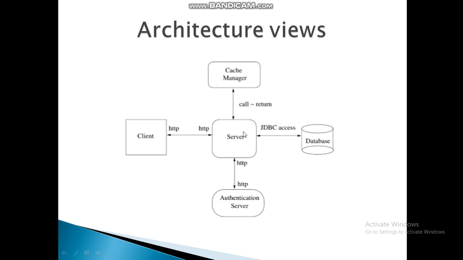The cache manager checks whether the student sends the feedback one time or more times. If the student sends the feedback only one time, fine; if the student sends the feedback more times, the cache manager rejects that feedback data. So here the cache manager provides uniqueness. How does it provide uniqueness? If the student generates feedback multiple times, that is rejected by the cache manager.